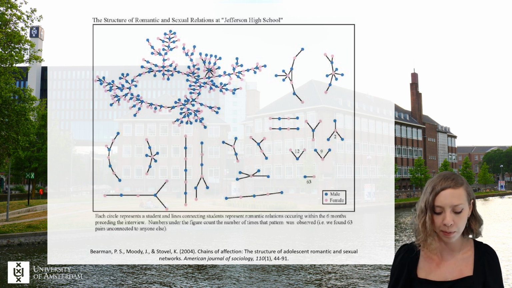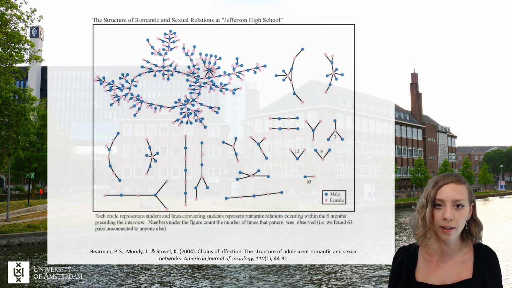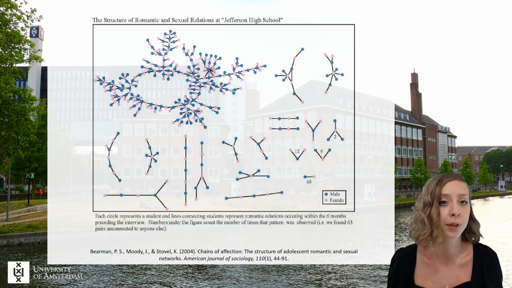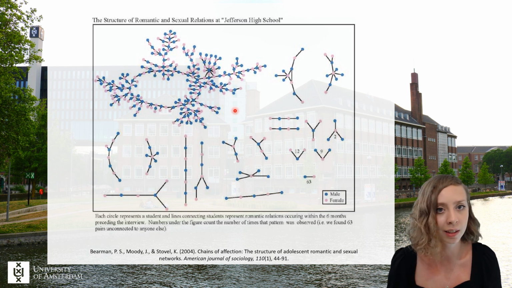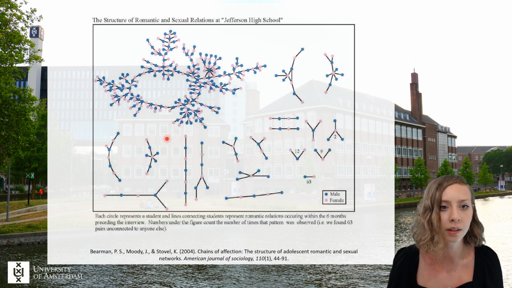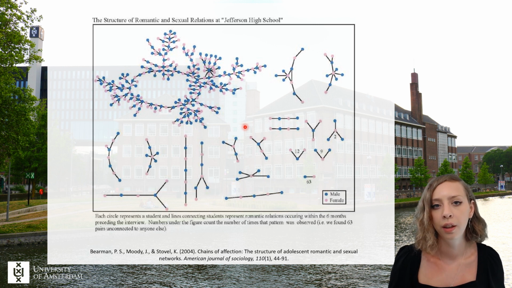For instance, we can see that some people dated only one person. Right? This person only dated one person here. This person dated only one person here. But we can also see that some other people dated quite a lot of people. So if we look, for instance, at this node here in the middle, then we can see that that guy, well, he did pretty well with the ladies. And also, we have a few more of these kinds of nodes that are connected to a lot of other nodes. And we call these hubs. So these are very important nodes in spreading the information, and they're very central and very well connected in the network.